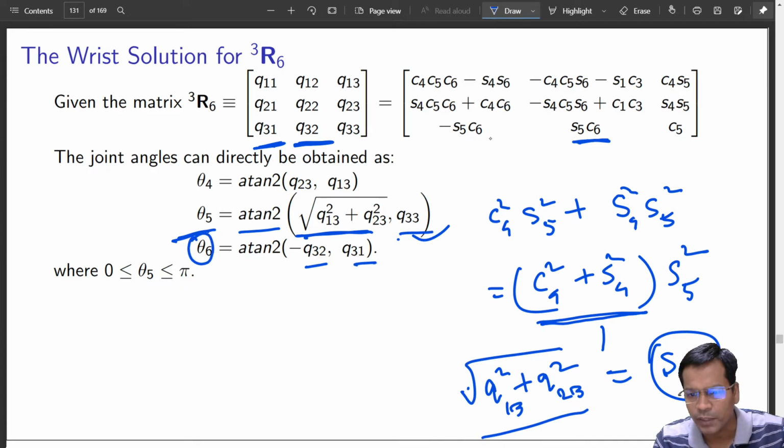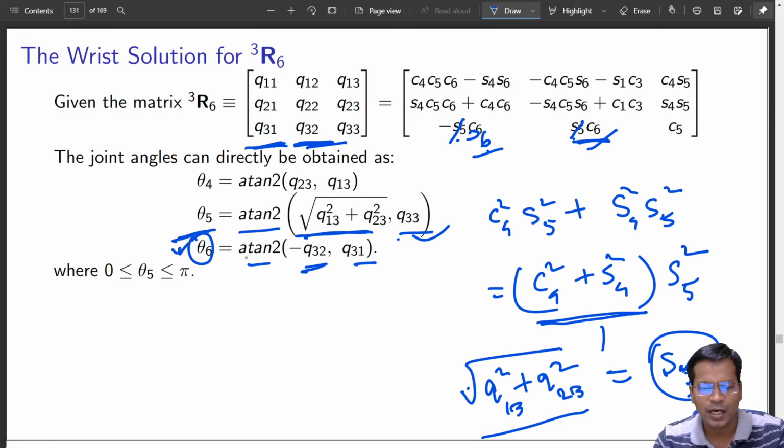That means one of them has to be S6 because S5 will go off. If you look over there carefully, definitely it has to be S6 and C6. So it is giving you theta 6 is equal to tan inverse of these two elements. These two elements are simply this. So just correct it. It is S5S6 and S5C6. If you divide them, S5 gets struck off. So what is remaining is S6 by C6. So it is tangent of this.